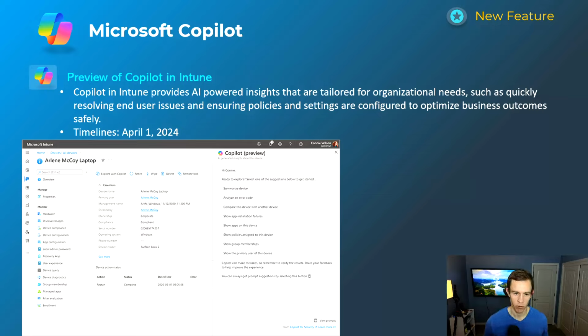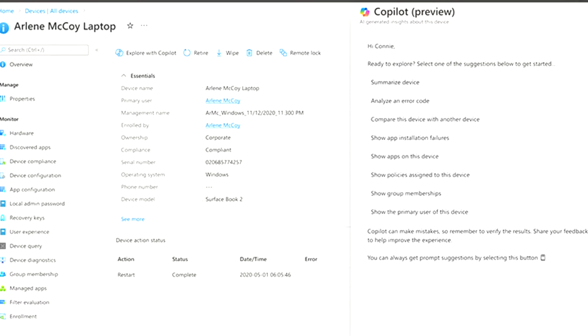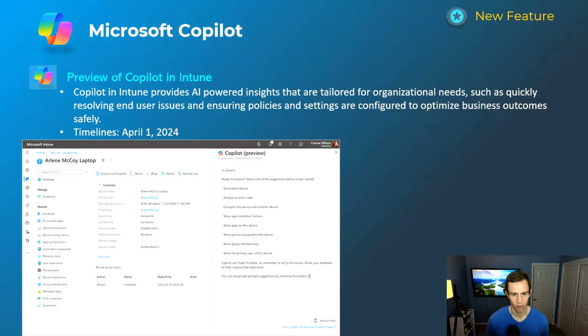And I think this will be really interesting. I wish it was multi-tenant by default at first as well, but you do have some prompts here that I think look interesting. I don't know how well they'll work, but things that pop out to me are things like show app installation failures, or analyze this error code and tell me what it means. It's one of the most ambiguous things in Intune today, so I would want to see how well that works. But this is going to come April 1st, be part of that Copilot for Security licensing model